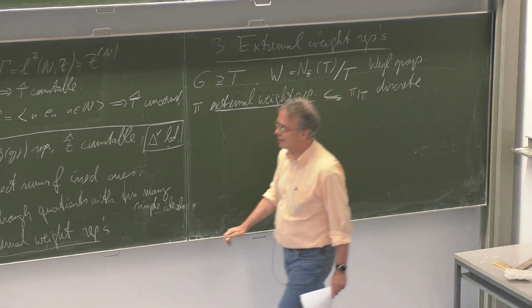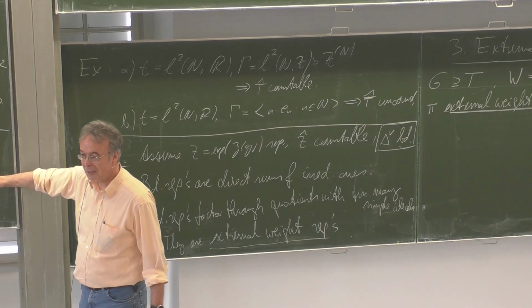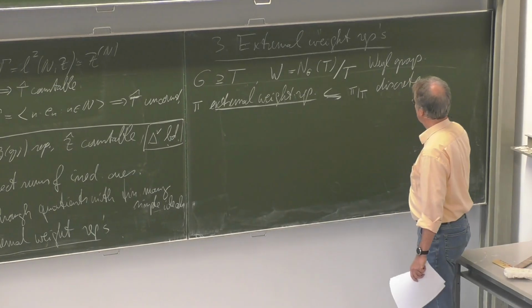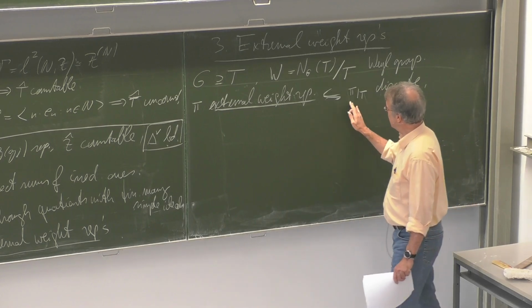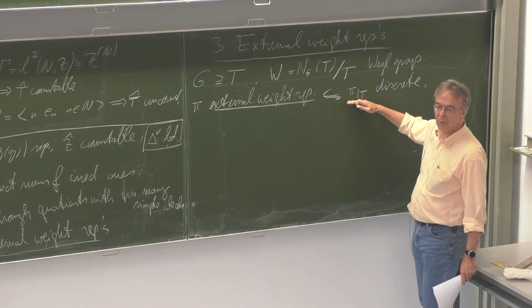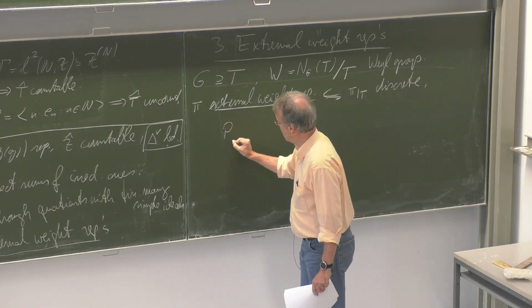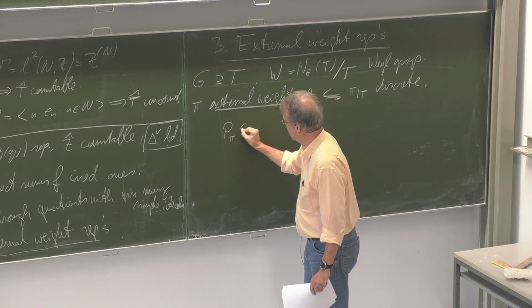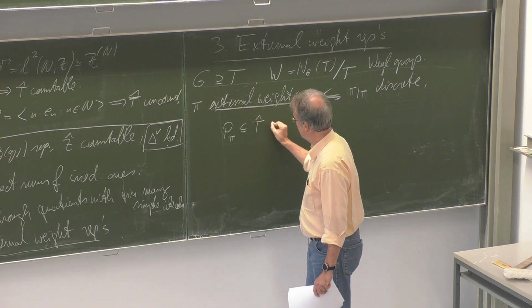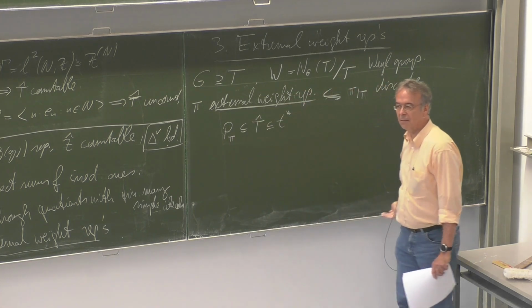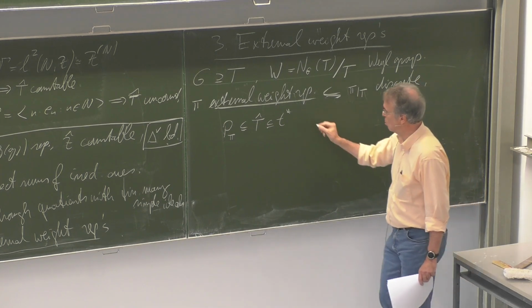And we have already seen here that if the character group is countable, this is always the case, right? So that's part of the structural context. And if this is discrete, it decomposes into eigenspaces of the torus. So I can look at the corresponding weights sitting in the character group, which I think of as embedded in the dual space. So this is the weight set